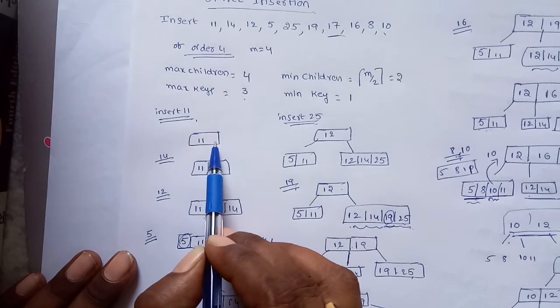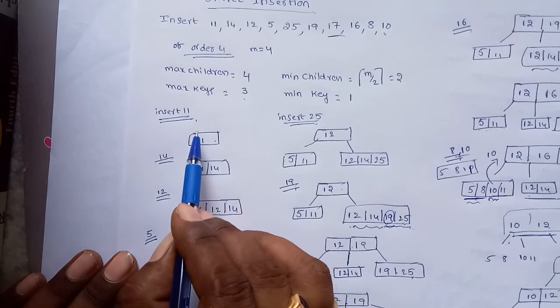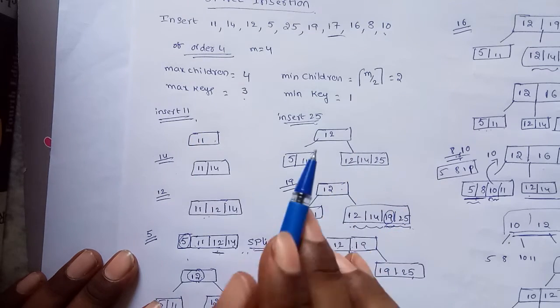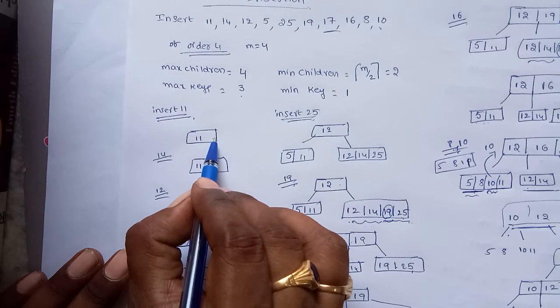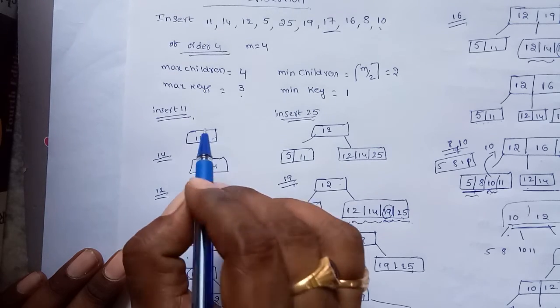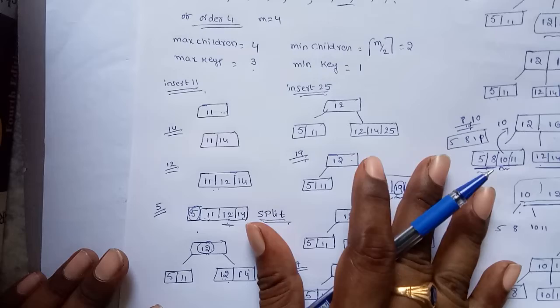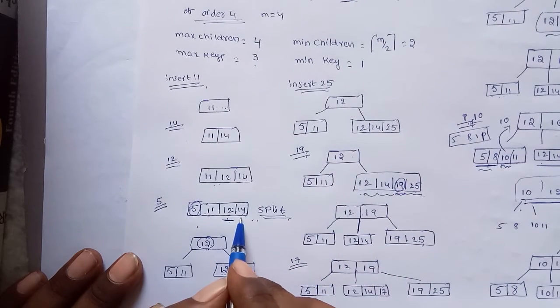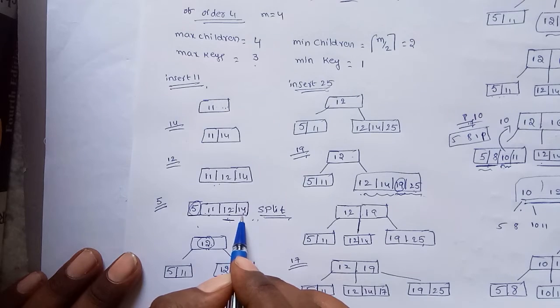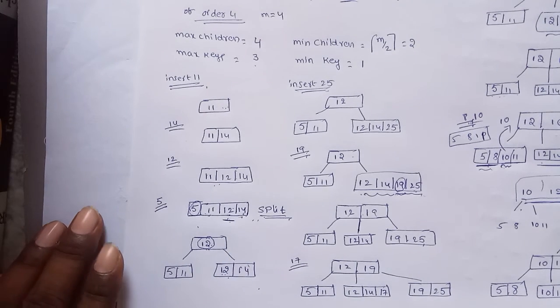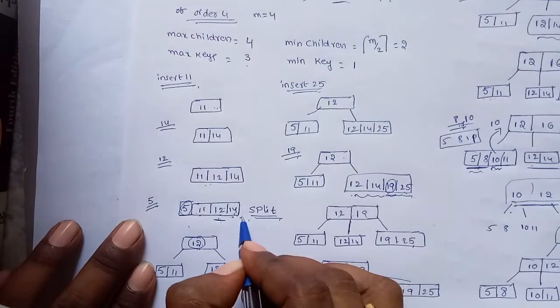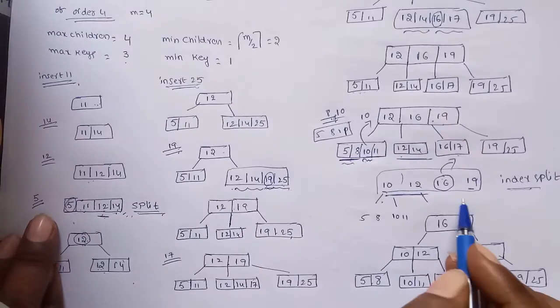If the space is available in a node, simply insert the value. We have only 3 steps. The first step is to insert the value into the leaf node. If no problem, simply insert. After insertion, if it violates the property, that is the node size is full, perform split operation. In the entire B plus tree, we have 2 types of splits: one is a data node split, another one is an index node split.